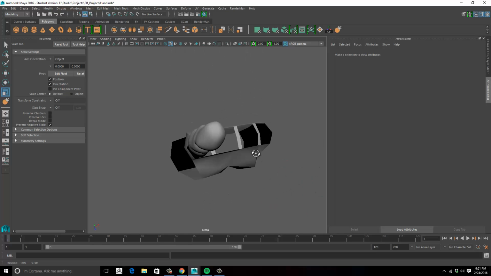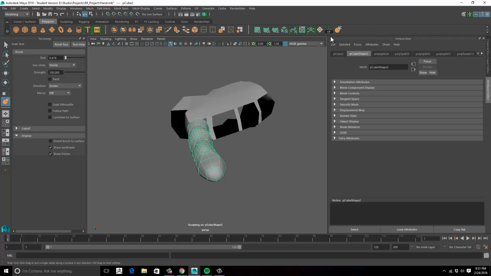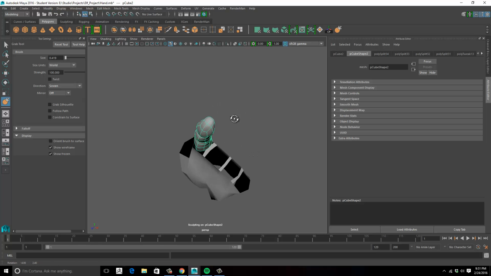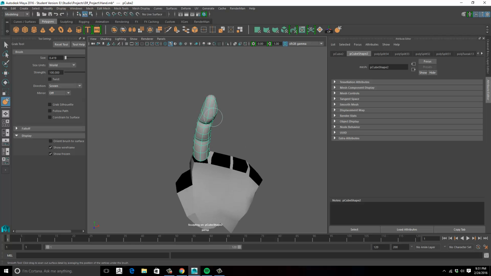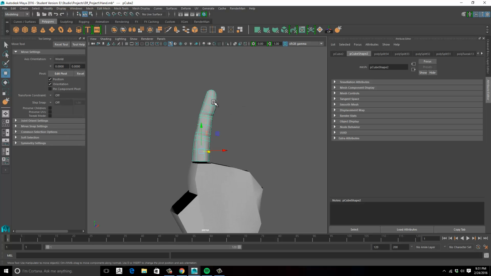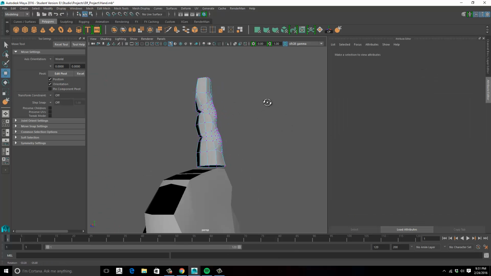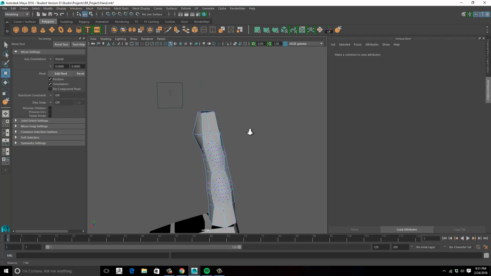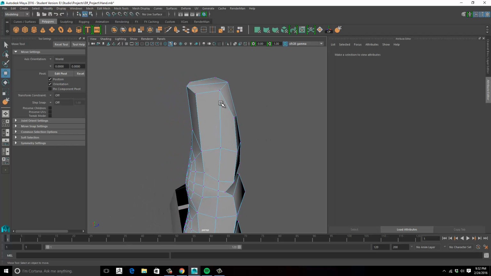So with the exception of a few little minor details, you always want to look at things from all angles. Starting to look like a finger. Now, as far as the fingernail goes, that's completely up to you whether you want to model in your fingernails or make them a separate thing. In this case, I feel like my character is kind of stylized, so I'm not really going to model in the fingernails. If I wanted to,